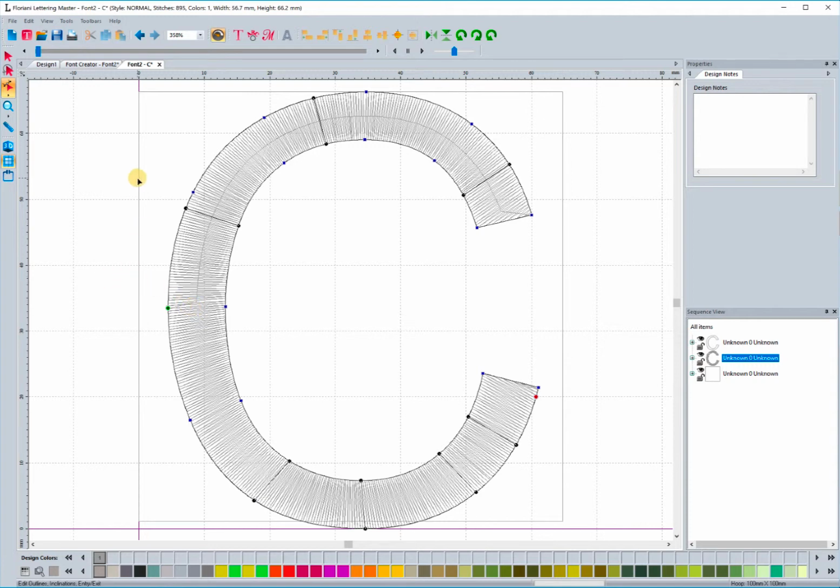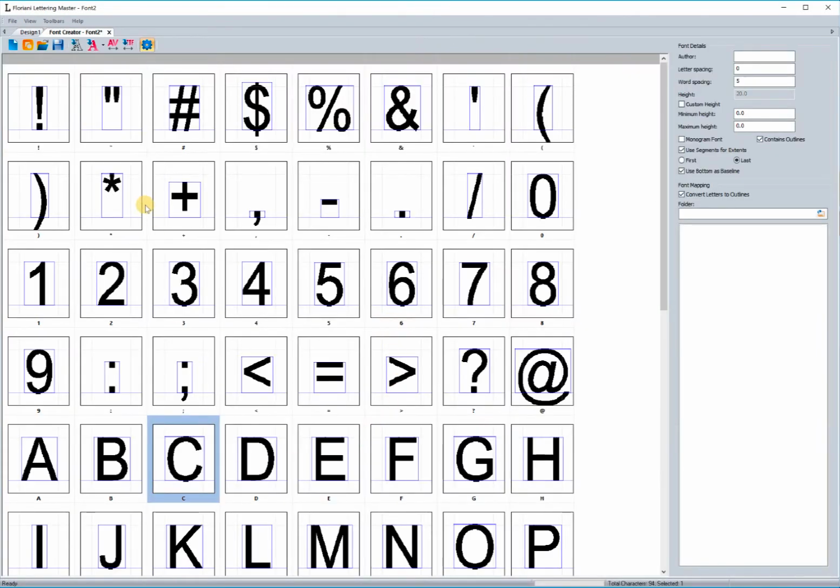Once you have the character where you want it, you simply click on the close button, and it will ask you if you want to save the changes. You select yes, and it will bring you back to the font page. So you have the ability to go through each and every one of these characters, take a look at them, see if you want to modify any of them, and once you're ready to save it, all you have to do is click on this Save Font button. So I'm going to click Save Font,